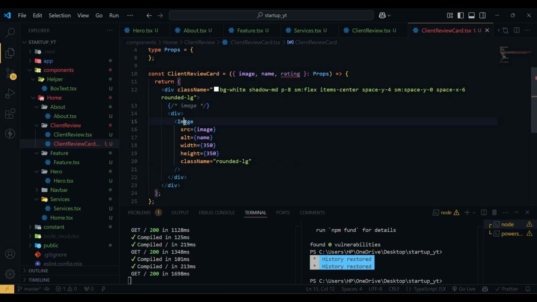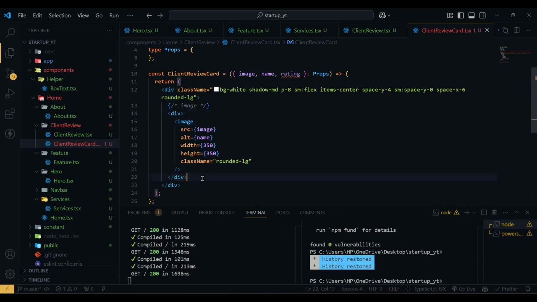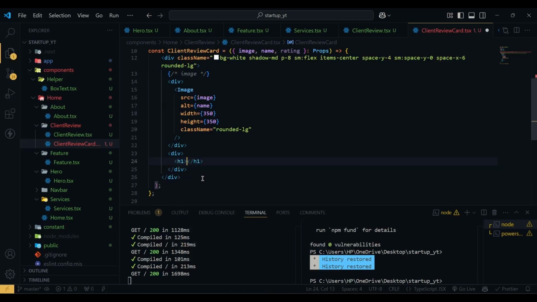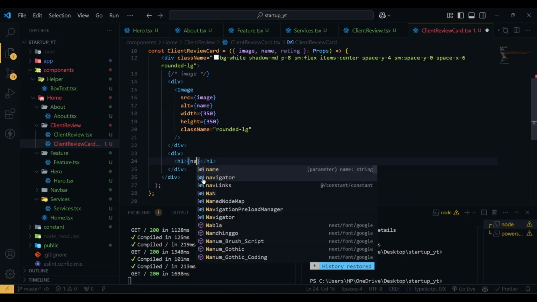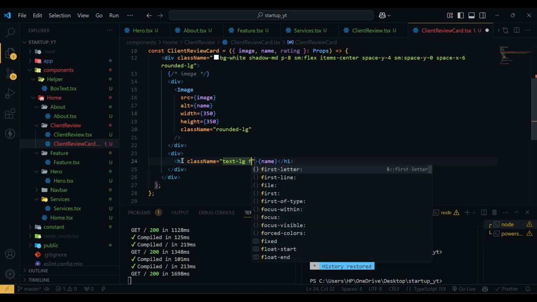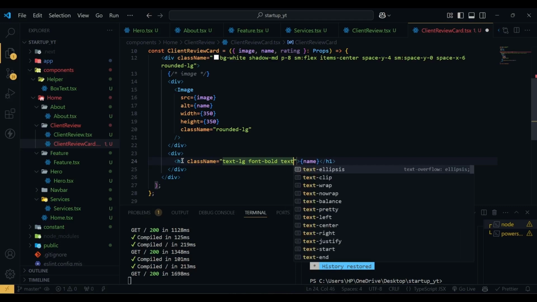Let's continue building the project. We are going to check it later. So after this div, we have another div, and here we have h1 with name. So this h1 will have a class name of text large, font will be bold, and text blue